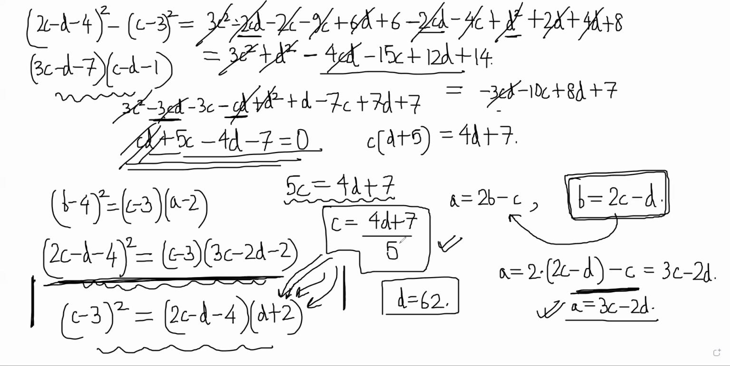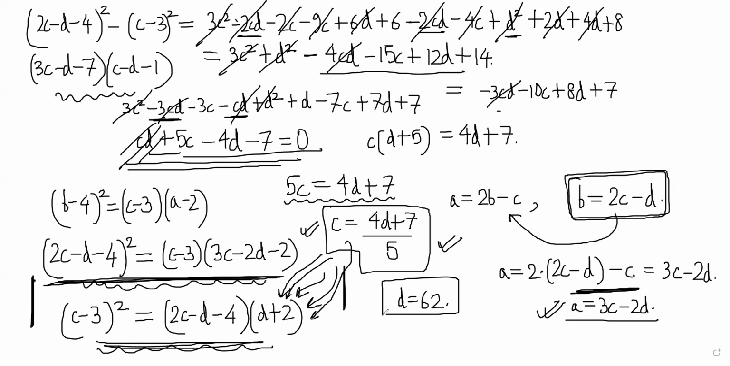Basically, we started off with 4 variables. We reduced it to 2 variables by expressing A and B in terms of C and D. And then we put that back and we got 2 equations with 2 variables. The only thing was that they were quadratic equations in C and D. What I did was subtract the 2 equations and I got this nice result that C is (4D plus 7) by 5. Now it is your job to put this back into one of the equations, whichever equation you prefer,